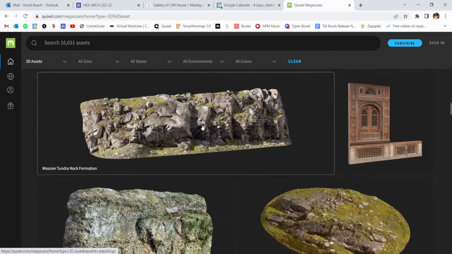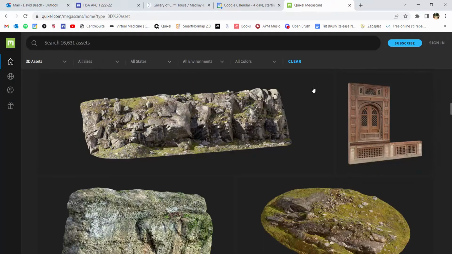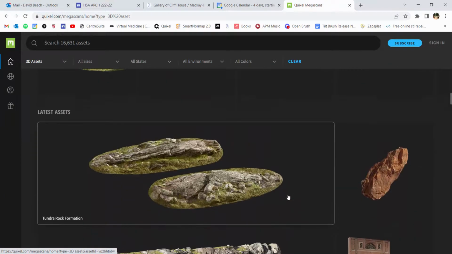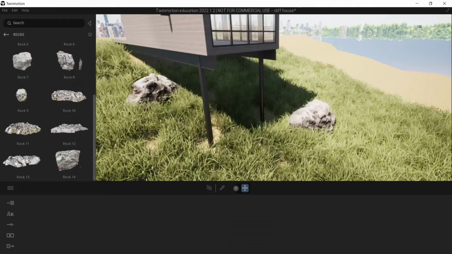Okay, so there's a couple of different ways that I can work with this. The first one is I can create a Quicksilver account. You have to do so through your Unreal account, or it won't work. But what I'm going to show you guys is I use the website to browse because it's easier to see. I can see sort of full screen what's happening. Once I have something like massive tundra rock formation that I'm really excited about and want to use, I can go back into Twin,